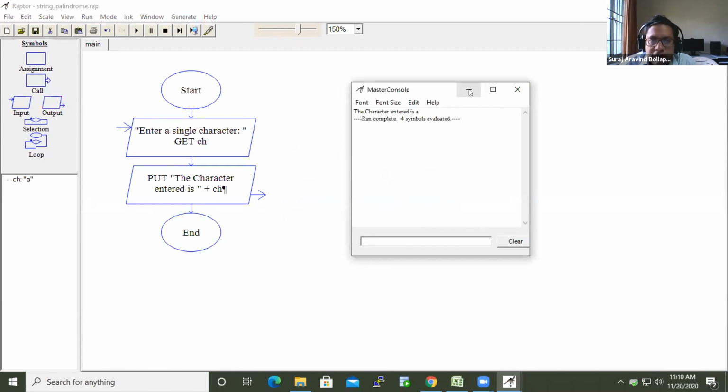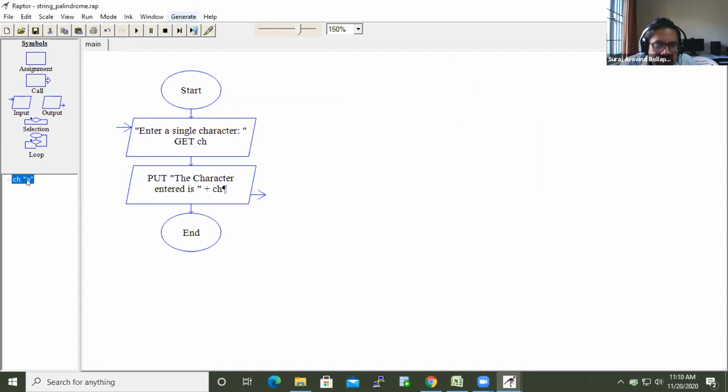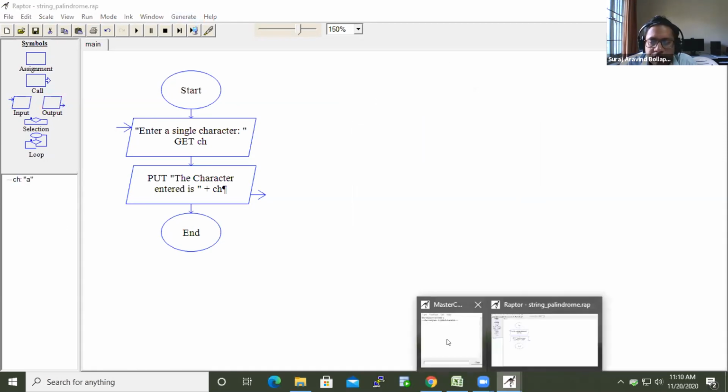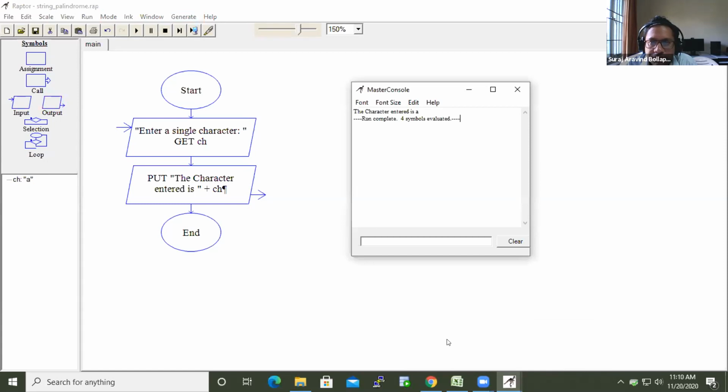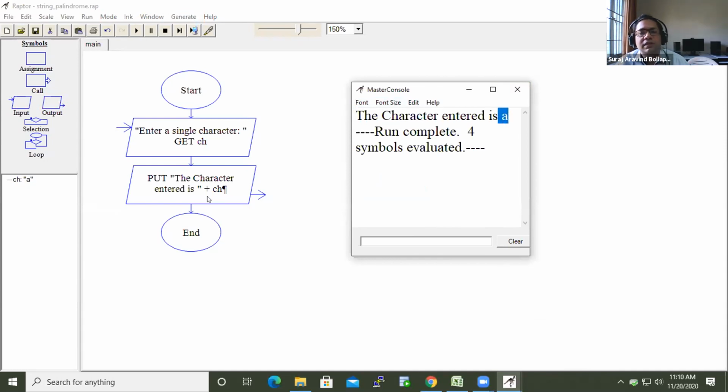So the character that we have entered is being displayed here, and we are also able to get the output. It doesn't make any difference whether you accept an integer or a character. The input and output remain the same.